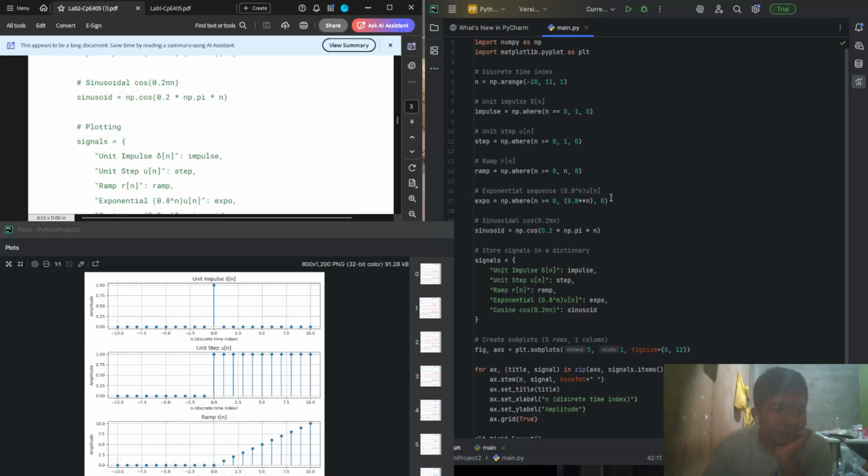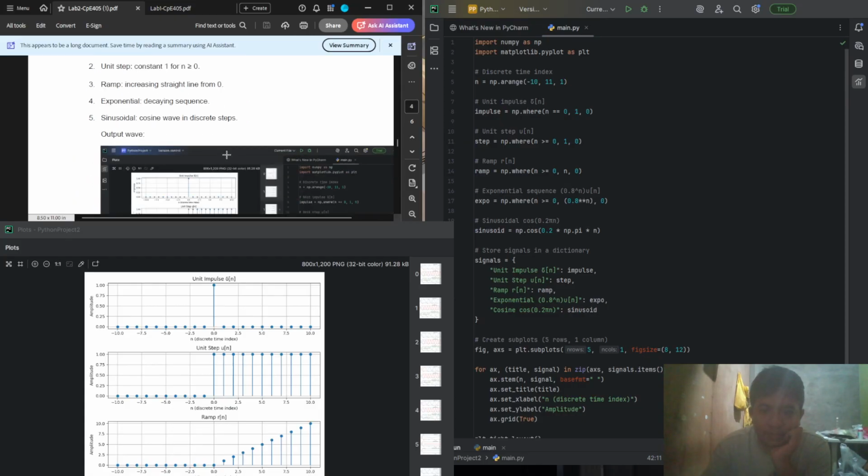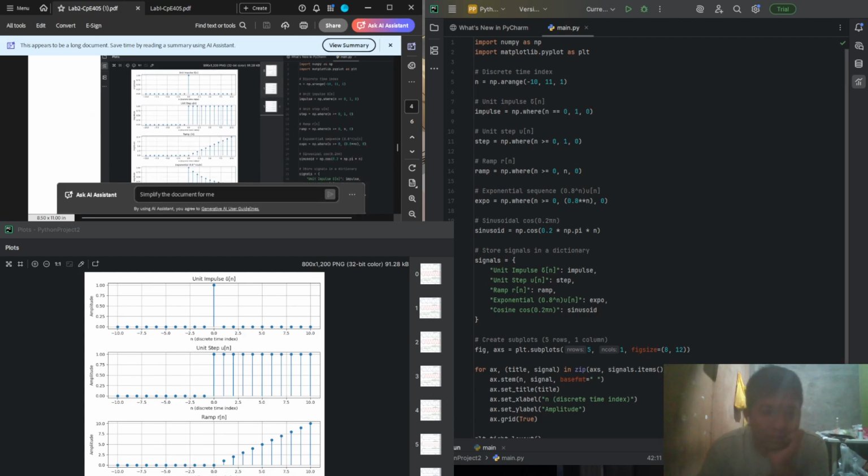And the ramp, you can see here in the document, we increase by 1 per amplitude.